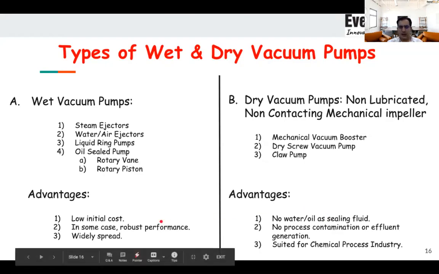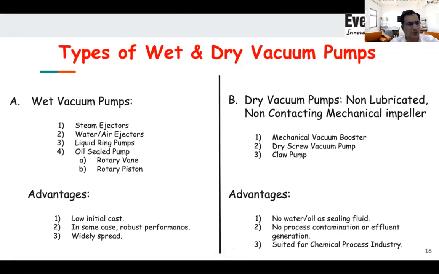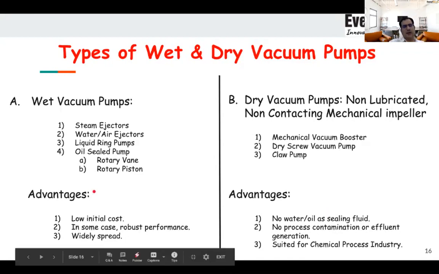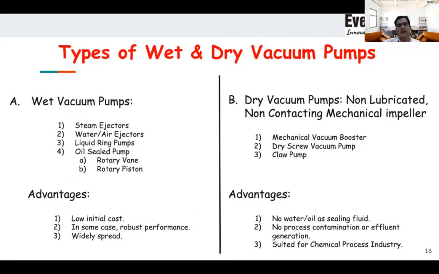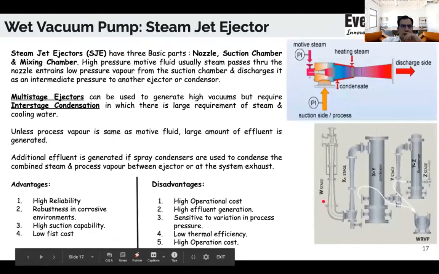These pumps are not typically suited for the chemical and process industry. They are a makeshift. If people are using these pumps, they are compromising. They are not built for chemical and process industries. These are built for clean vacuum applications, whereas the dry pumps have specifically been developed keeping in mind the requirements of the chemical and process industry.